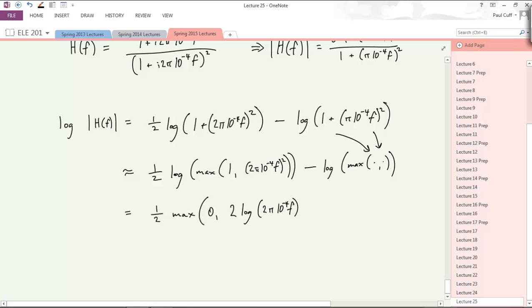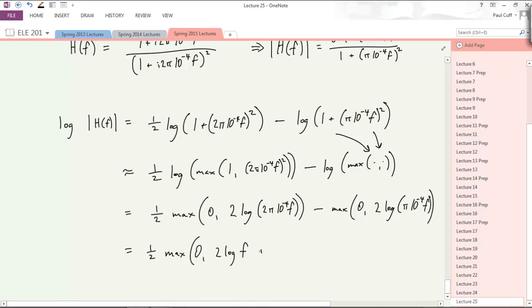Okay, good. So, and then it's minus, and then this is a similar type thing. Max of 0 and 2 log of 2 pi 10 to the negative 4 f. Which means now that, notice that this becomes a sum of a log f and a log of 2 pi 10 to the negative 4. So last simplification here, we have 1/2 max of 0 and of 2 log f,